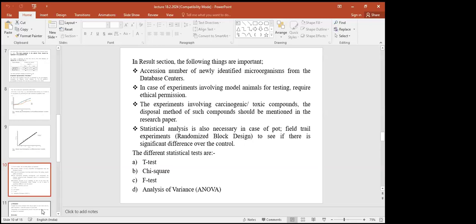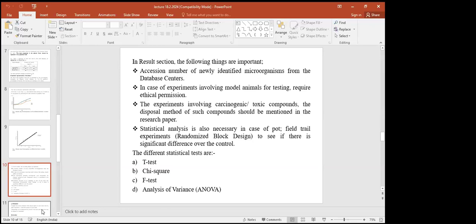For example, not all of it might require the use of animals, or some toxic or lethal drugs, or some carcinogenic compounds. If you are working with those, then for their disposal you might require ethical permission. So you have to take the ethical permission, and they might give you a certificate to carry out the work,